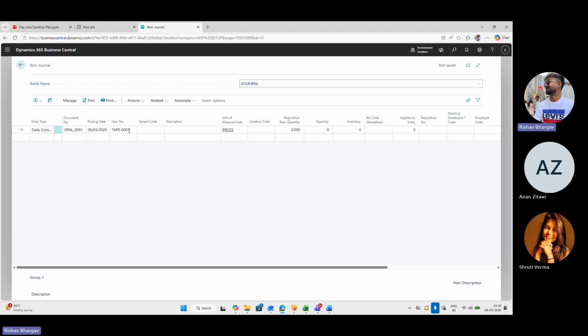Currently, it is not in that tape item, so we are not. So unit of measure code is pieces. The location code where the tape is present is other raw material location, and the quantity. So quantity, I want to consume 100 quantity.